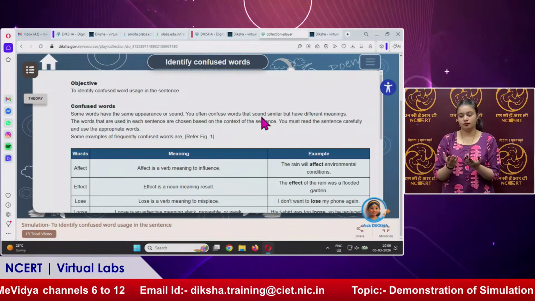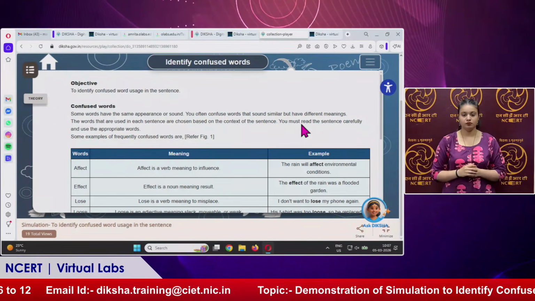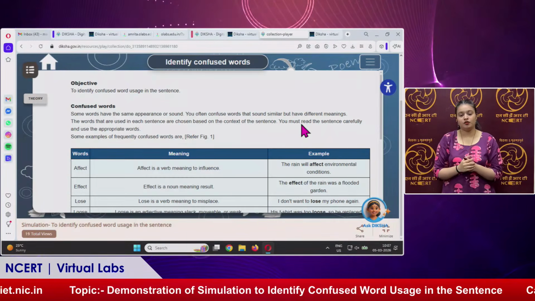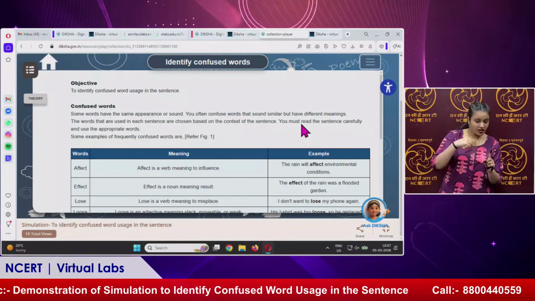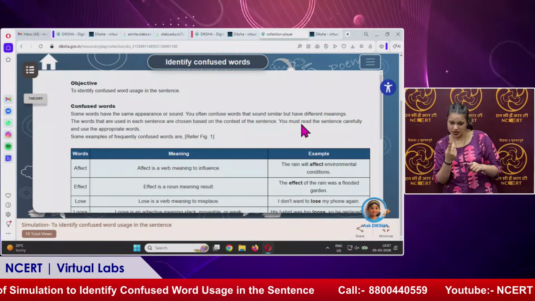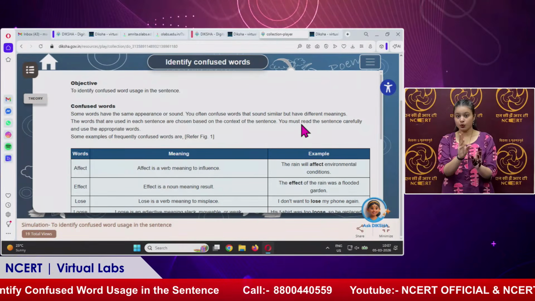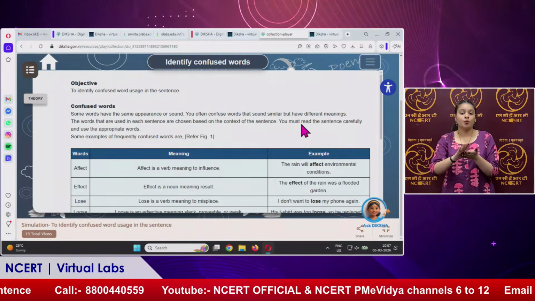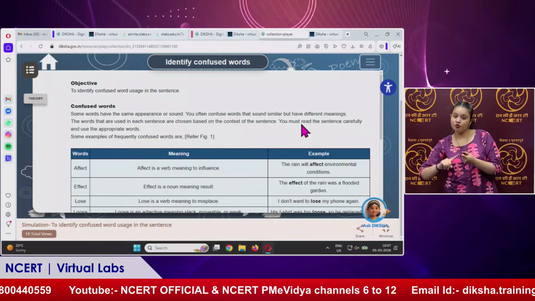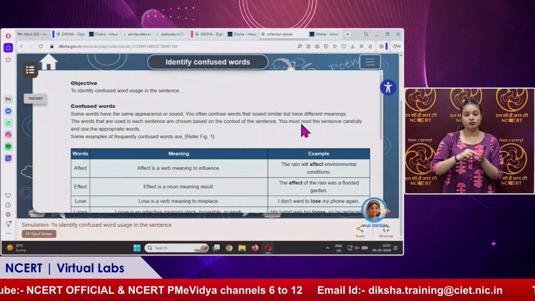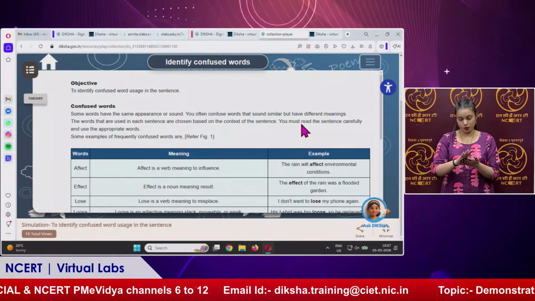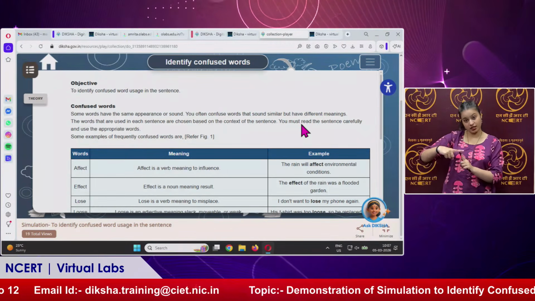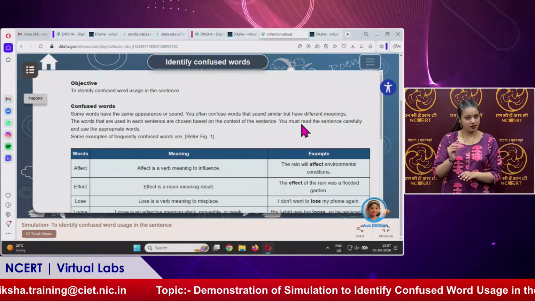Okay. So let's look at the theory portion. So it says to identify confused word usage in sentence. So like I said, some words confuse us because of their spelling, because of their similar sound, and so on. So the words with similar sounds are known as homophones. Homophones, okay. Why? Because homo means same, phone means sound. Okay. So same sound. So for example, affect, effect. So there are some words which are given over here, and some more which I will tell,